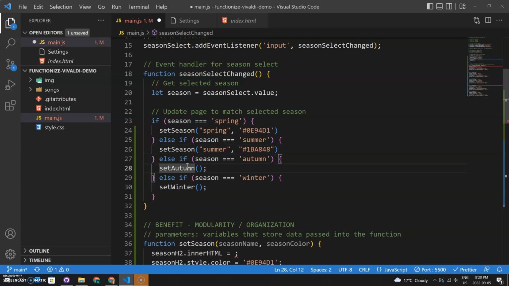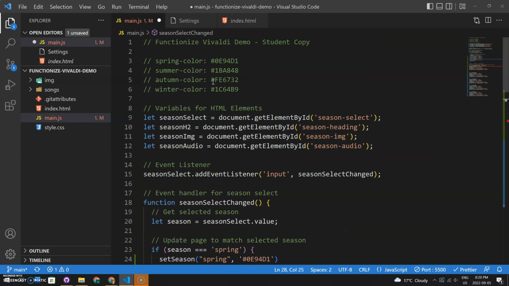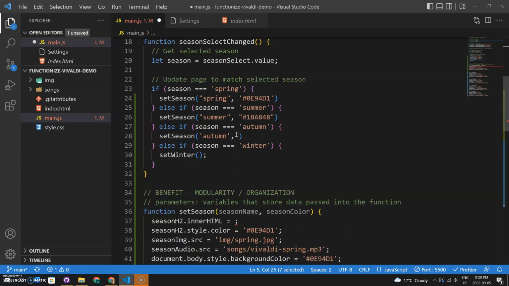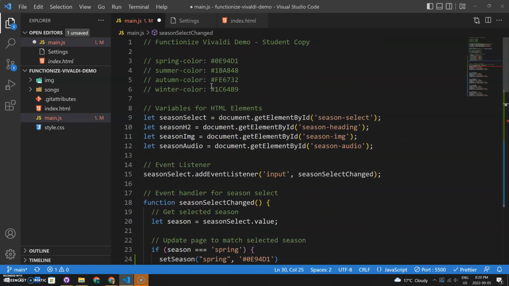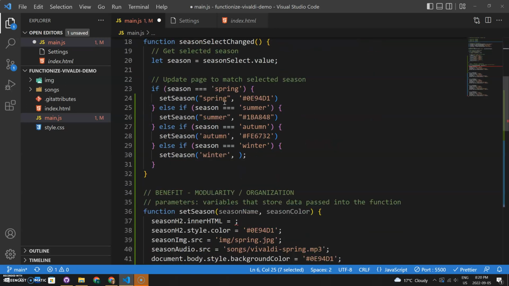Okay, and then the same thing for autumn, right? We're going to pass in those values. Autumn, and then autumn's color. And last one here, call the set season function for winter. All right. Paste that in. Okay, so whenever I call this set season function, the values that I pass in,